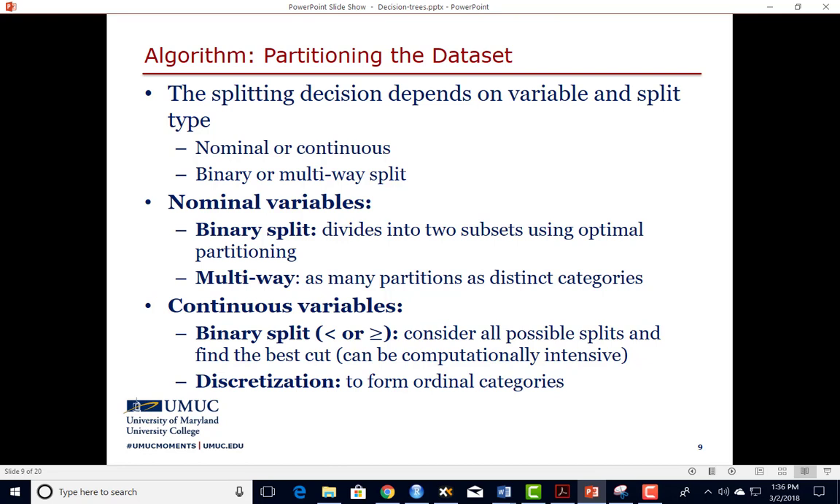So for nominal variables, you can have binary split and multi-way split. In the binary split, you divide into subsets using the optimal partition. I haven't formally discussed what the optimal partitioning means in terms of a quantitative metric, which we will discuss. The other one is the multi-way categorical splitting, which involves as many partitions as distinct categories. If you have three categories in the variable being considered for splitting, then you will have three-way